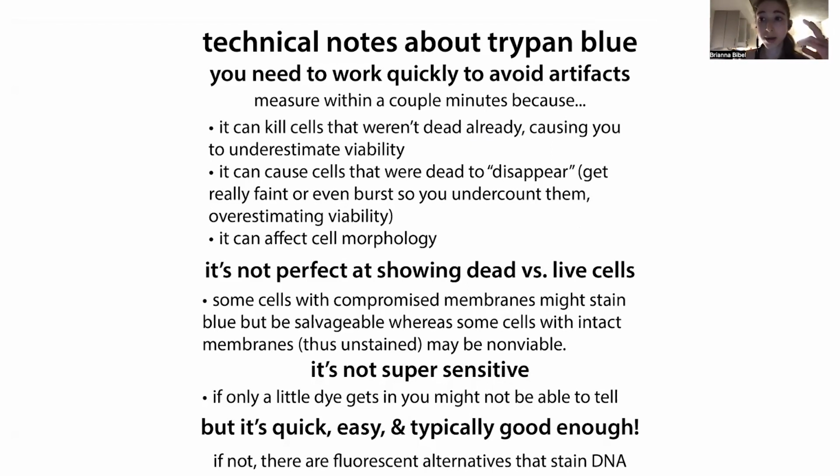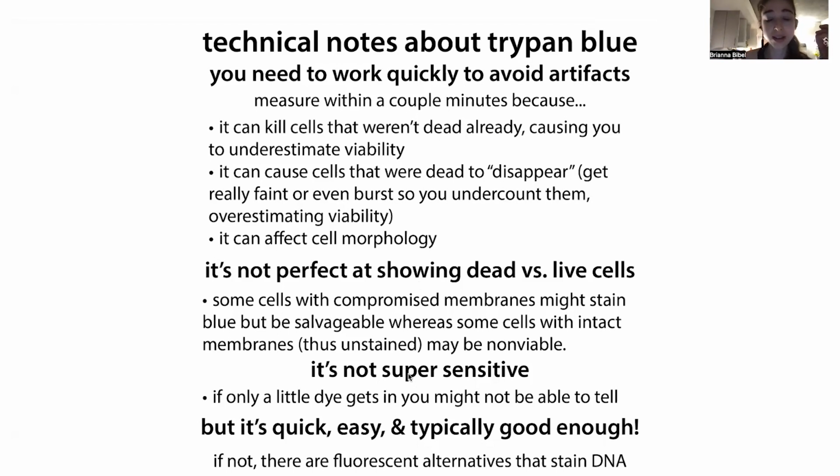So some cells with compromised membranes might still stain a little blue but be salvageable, whereas cells with intact membranes will be unstained, but they might be non-viable because there's more ways to die than just having problems with your membrane, or maybe those problems aren't apparent yet. There's a lot of ways to not be viable but still not take that dye. But hopefully they'll cancel out, the two sides of the coin for both of these cases, and therefore be